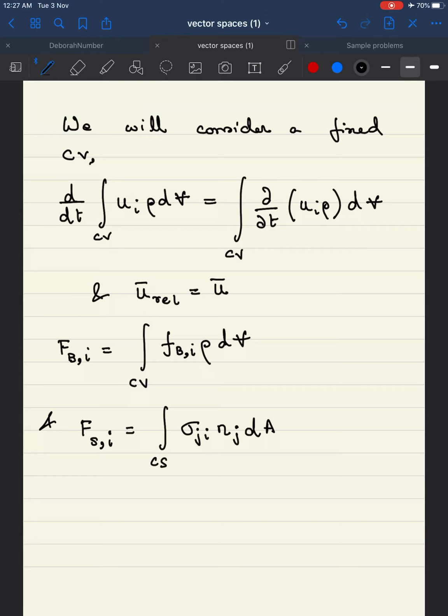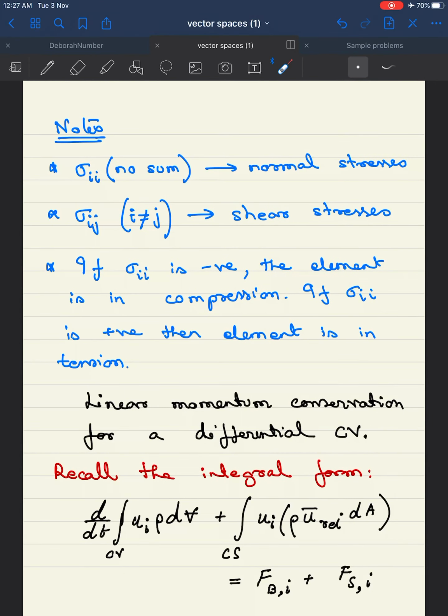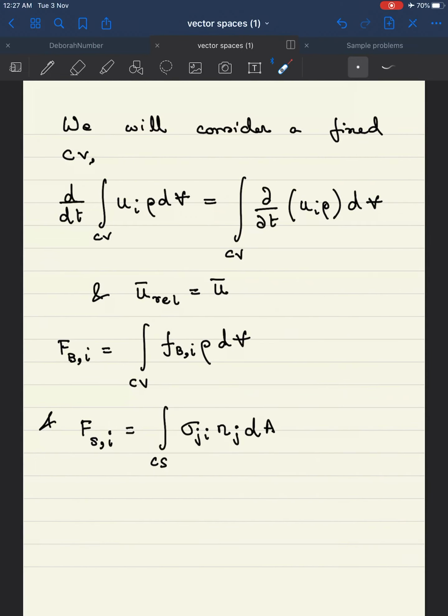Now we have two types of terms. Here you have a control surface and a control volume. On this side also you have a control volume term and an integral over the surface term, and we need to make them compatible. We need to convert all the integrals over the control surfaces into integrals over the control volume, so all the double integrals into a triple integral. How do we do that? By utilizing Gauss's theorem, right? So by using Gauss's theorem,